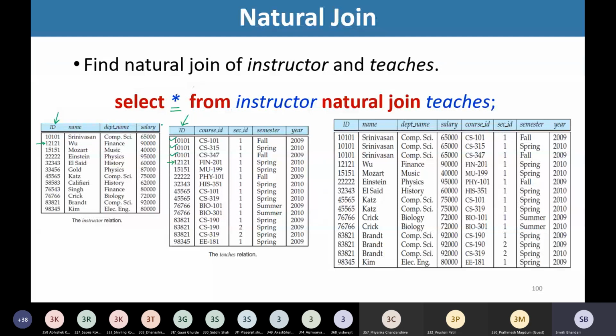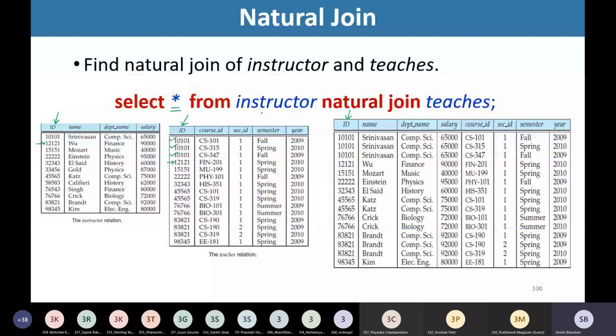So please see here, we are extracting all the attributes, right? See the order in which these attributes are listed in our output. In natural join, whichever are the common attributes in both relations, these attributes appear first. So here ID is the common attribute, so it appears first in our natural join output. What next?